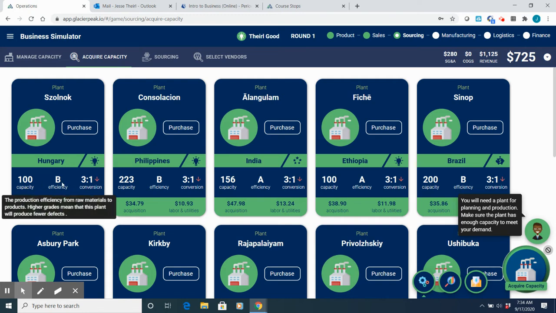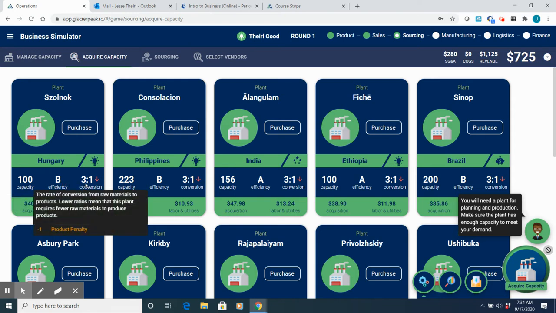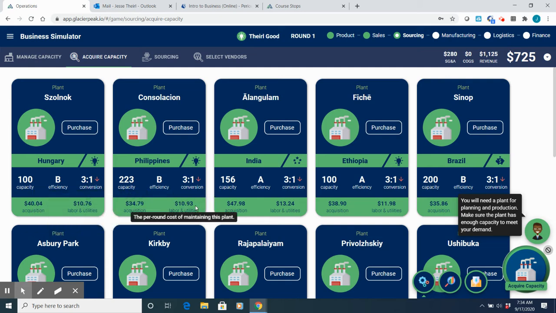Now, efficiency means that the higher the grade, the more that it can produce without throwing so much away or defects. And then this is just how much raw materials are needed. So the lower the ratio that the plant requires, the fewer raw materials to produce it. So again, a lower ratio probably means that you can produce it at a cheaper cost. Again, labor, utilities, all that kind of stuff is how much you're actually going to spend along with the acquisition